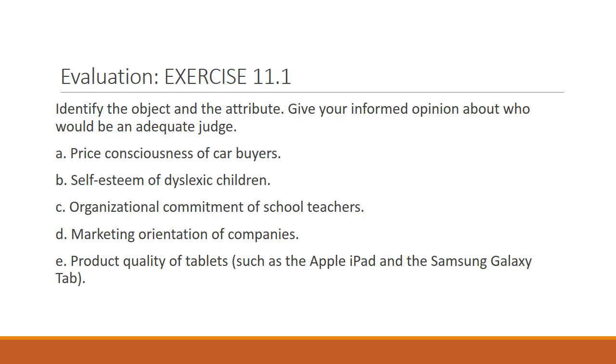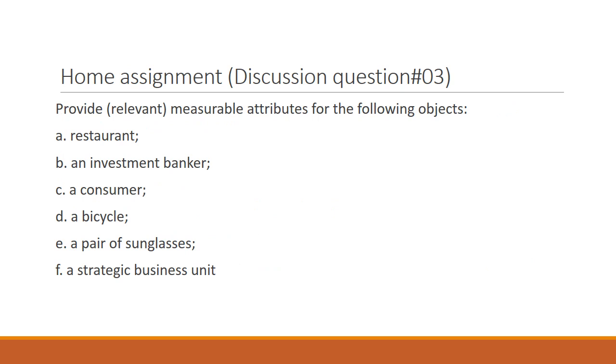upload your assignment on the link which I will develop. Let's move ahead. Home assignment, this is your home assignment and it is very easy. What you have to do, you just have to provide the measurable attributes for the following objects: restaurant, which we have already discussed; consumer, which we have discussed; bicycle, which we have already discussed. So I hope this assignment will be very easy to